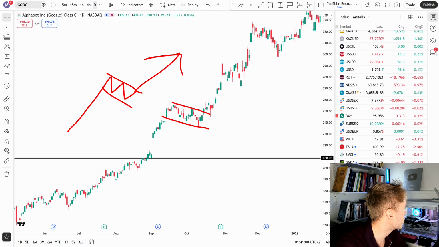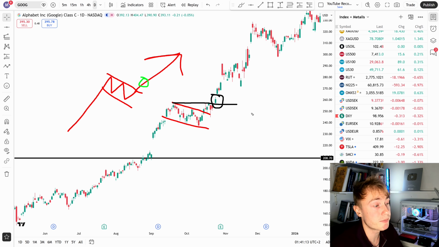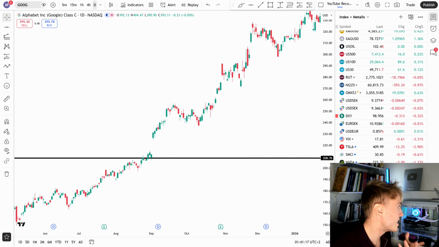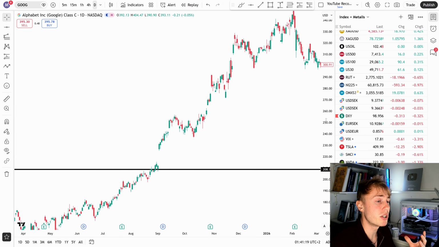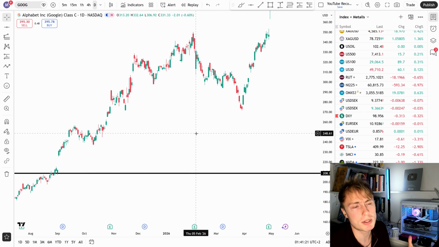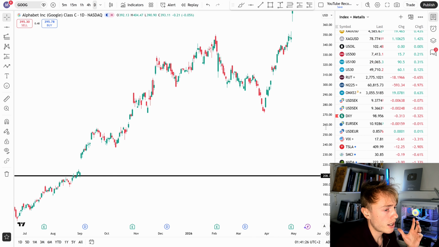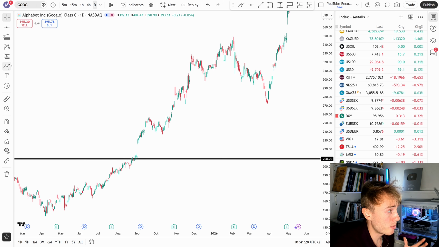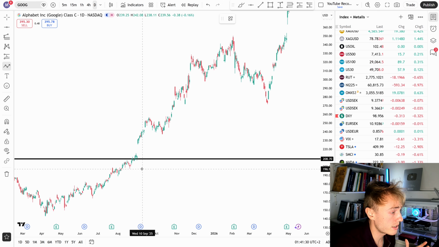So you can try to enter the breakout maybe right here. Or if you are more conservative, you can wait for the price to break above the high right here. So for example, a possible entry point could be right there. So that is a possible trade. However, this is, you know, in theory, when we look back on chart examples, so much easier than in real markets. But another example here that I think would have been much more clear to spot is that